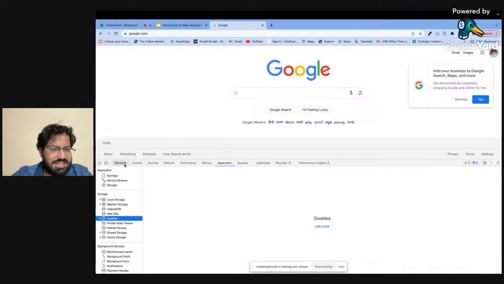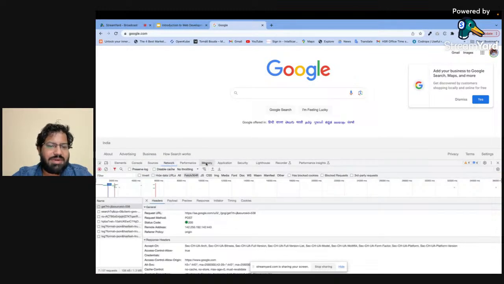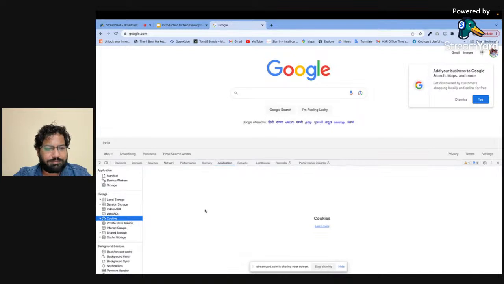Okay, so these are the tabs which we'll be using more frequently. One is elements, one is console, one is network tab, and one is application. Okay,